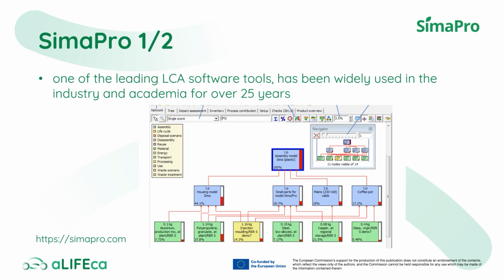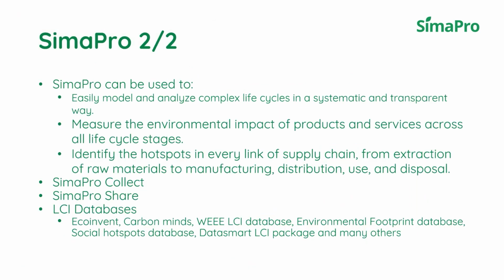over 25 years. SimaPro can be used for various applications: sustainability reporting, carbon and water footprinting, product design, generating environmental product declarations and determining key performance indicators. SimaPro can be used to easily model and analyze complex life cycles systematically and transparently. Measure the environmental impact of products and services across all life cycle stages. Identify the hotspots in every link of the supply chain, from the extraction of raw materials to manufacturing, distribution, use,